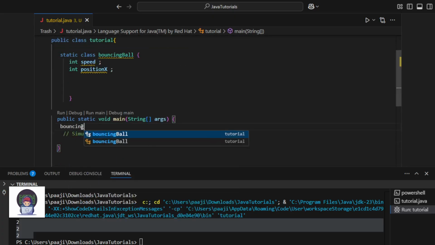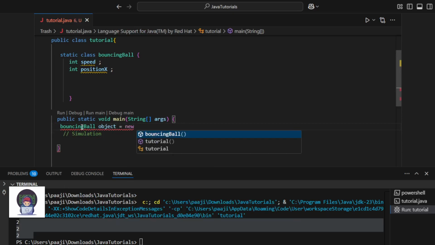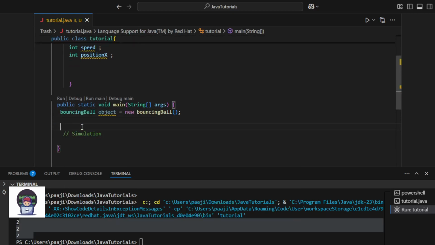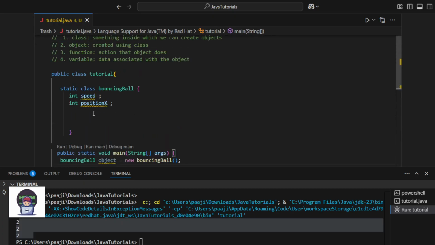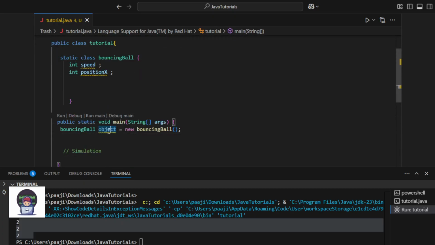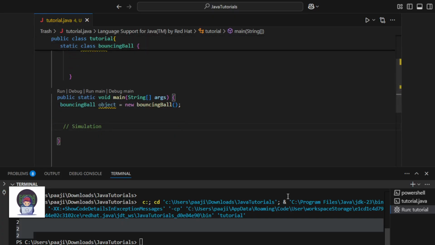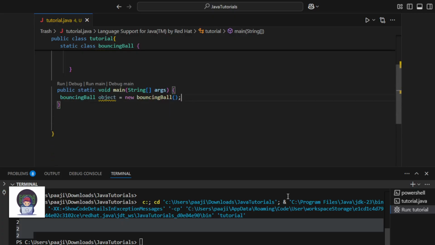So BouncingBall object is equal to new BouncingBall, and we can create many objects of this type, 1000 objects, and therefore we can create 1000 balls. So that's basically it.